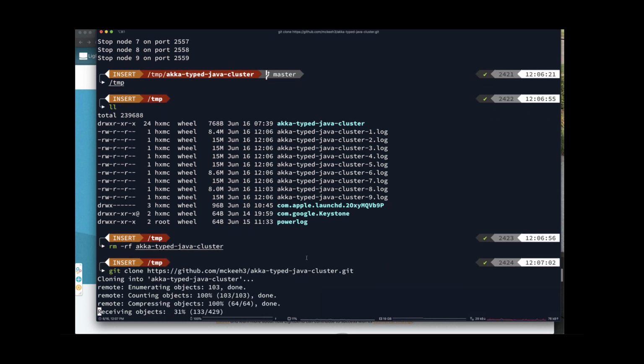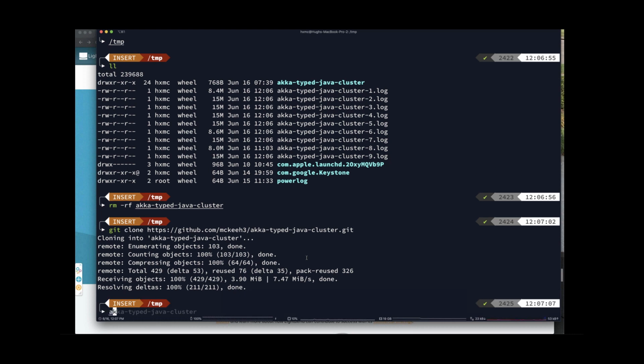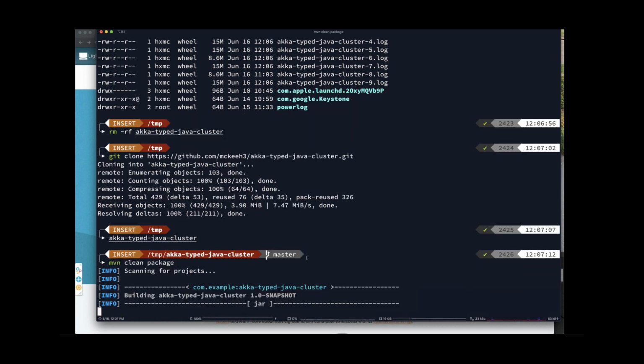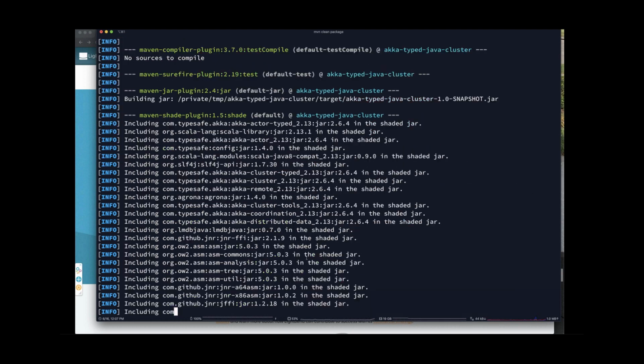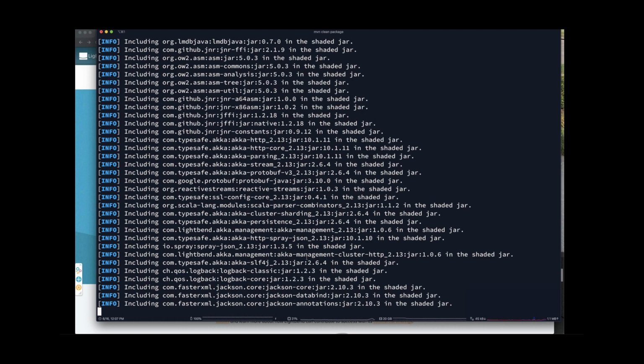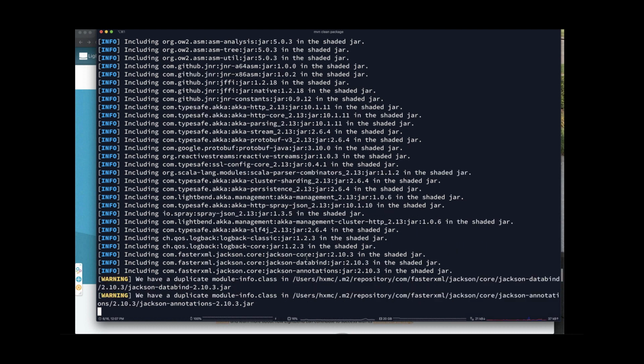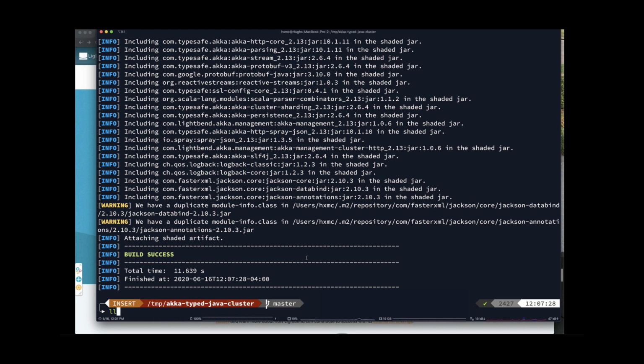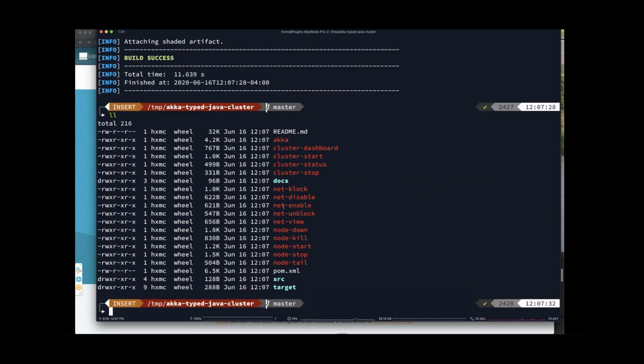Then I'm going to clone the project again, go into that directory, and do a Maven clean package. So I just did a git clone, cd into the directory, Maven clean package. It builds the project and everything should get set up. Once it's all built, it has a runnable jar. But in this project, there are a set of scripts, and I tried to add these scripts to make it easy to play with